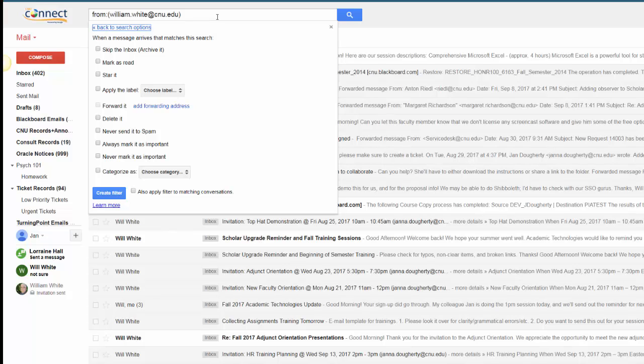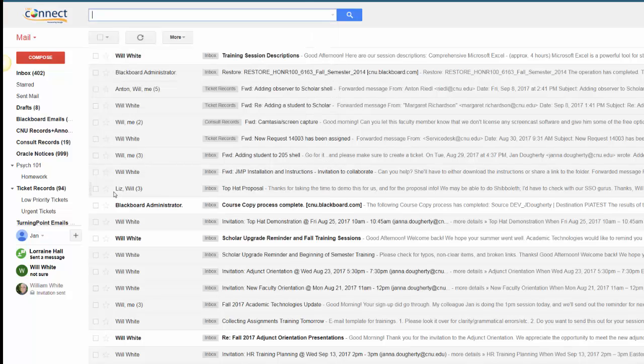Note that the criteria about date ranges has already been removed because it's a little too specific and won't involve any incoming email. Once I select the item that we need, select Create Filter, and that action will automatically be applied to any email from this person.